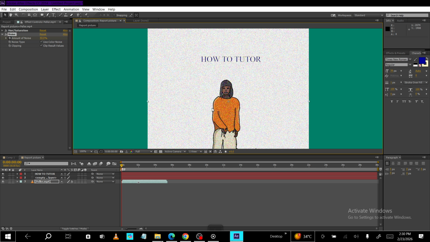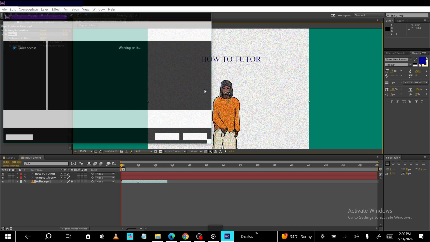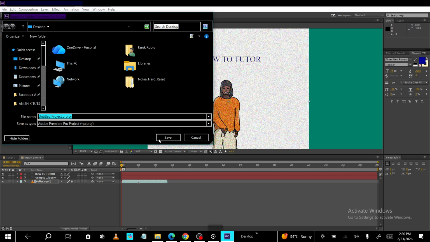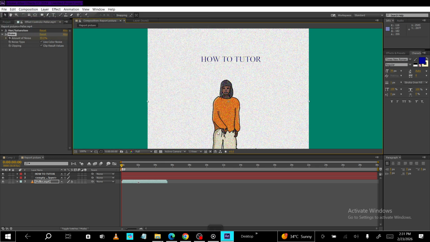To recap in practice, open File, go to Project Settings, then Color. Set your working space to Rec 709 or Rec 709 sRGB for a standard workflow. Turn on display color management so what you see while editing is as close as possible to what you'll get after export. And when you render, choose an output format that keeps your color profile intact and doesn't overcompress the image. Follow these steps and your colors should stay